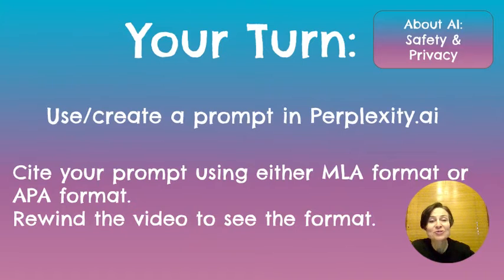I would suggest that you let your students use Perplexity AI. It's a tool that they can use that creates AI content, but they don't need to log in. And so you might give them a prompt about a novel that you're doing or a science experiment, give them some ideas, and then have them cite that prompt, practice that. You might want to peer evaluate that to make sure that the periods and the quotation marks, all the things are in the right place. Pause the video, go back to either the MLA screen or the APA screen so students have that. And once they have done some practicing, come on back and we will continue the video.